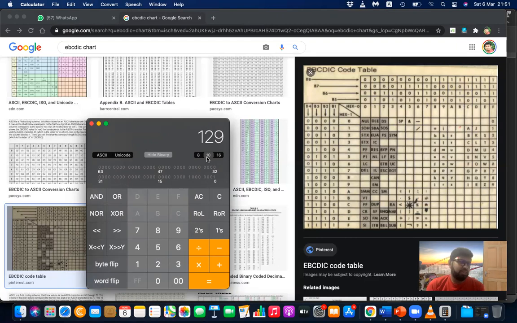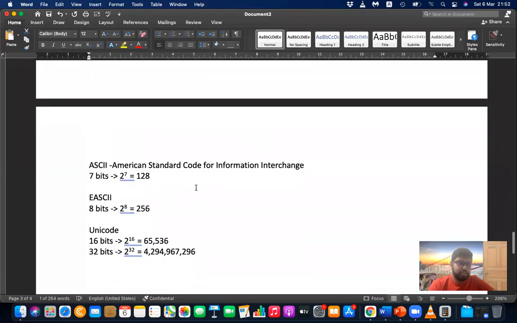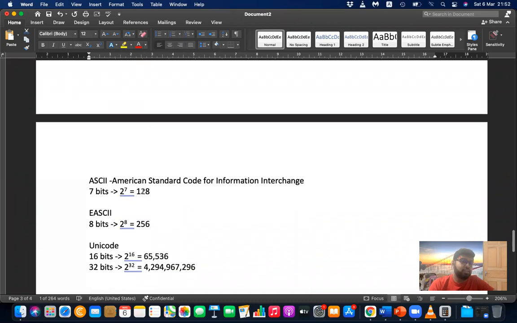But EBCDIC we are not using that much, but ASCII we are using. EBCDIC uses 256 character codes. But when it comes to ASCII, it uses only 7 bits. 7 bits means 128 characters.